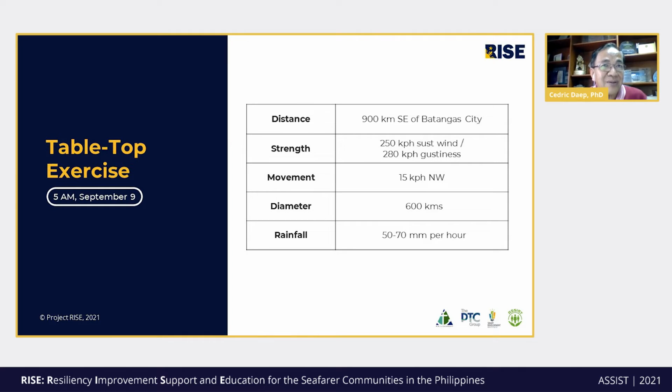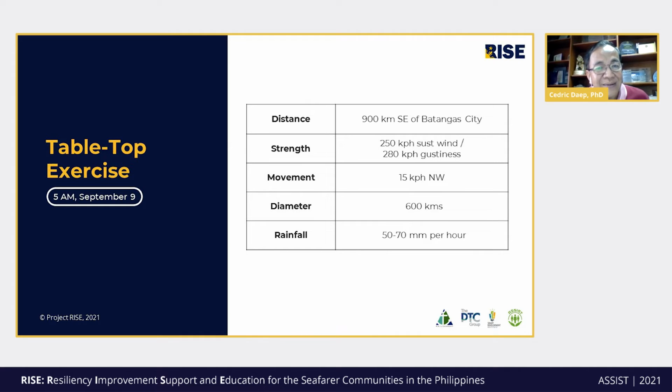Tama ba yung orientation ko? Anyway. So, and it is located at 900 kilometers southeast of Batangas City or 250 kilometers east of Surigao del Norte,